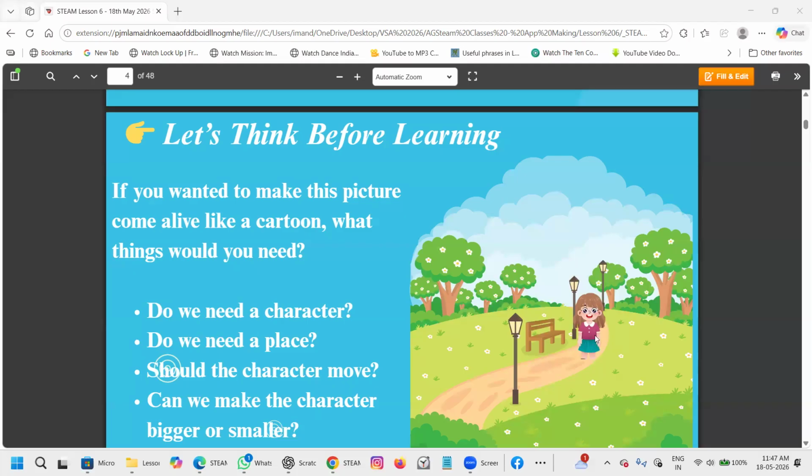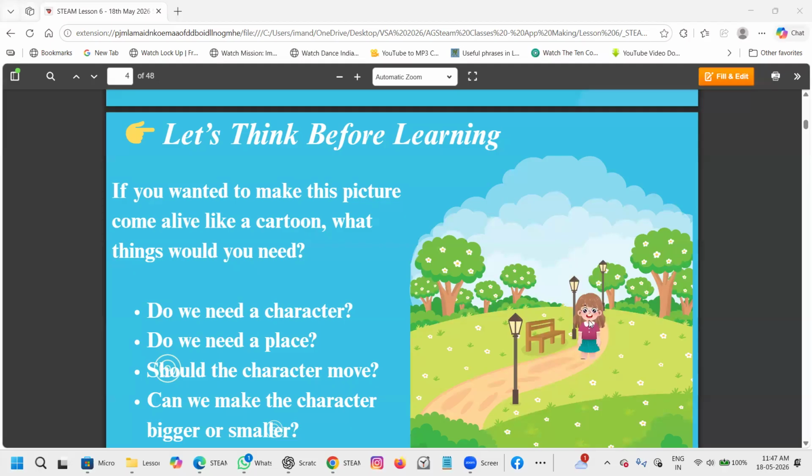This girl is the character, the sprite. And she is in the park. So do you need some place to show where the sprite is?